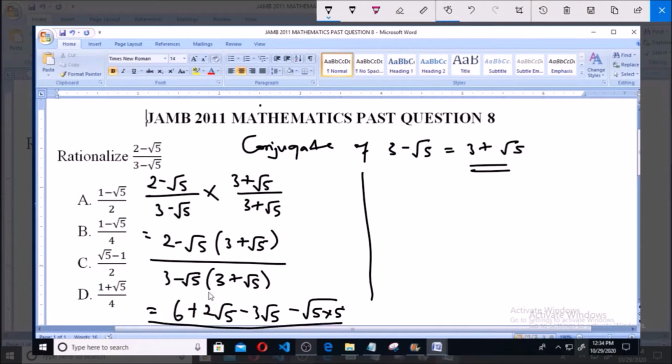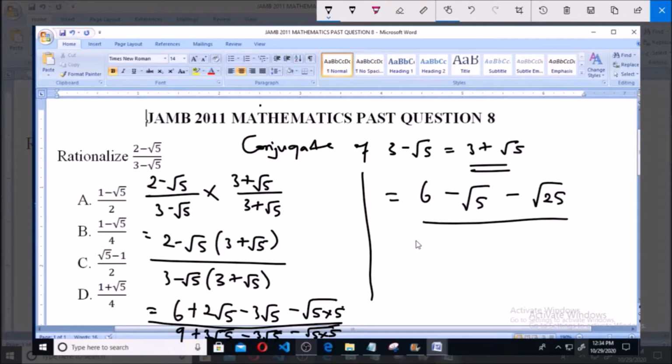Now 3 multiplied by 3 will give us 9. Then 3 multiplied by root 5 gives us 3 root 5. Then minus root 5 multiplied by 3 gives us minus 3 root 5. Then minus root 5 multiplied by plus root 5 gives us minus root 5 multiplied by 5. So this is equal to 6. Now 2 root 5 minus 3 root 5 gives us minus root 5. Then minus root 25, all over